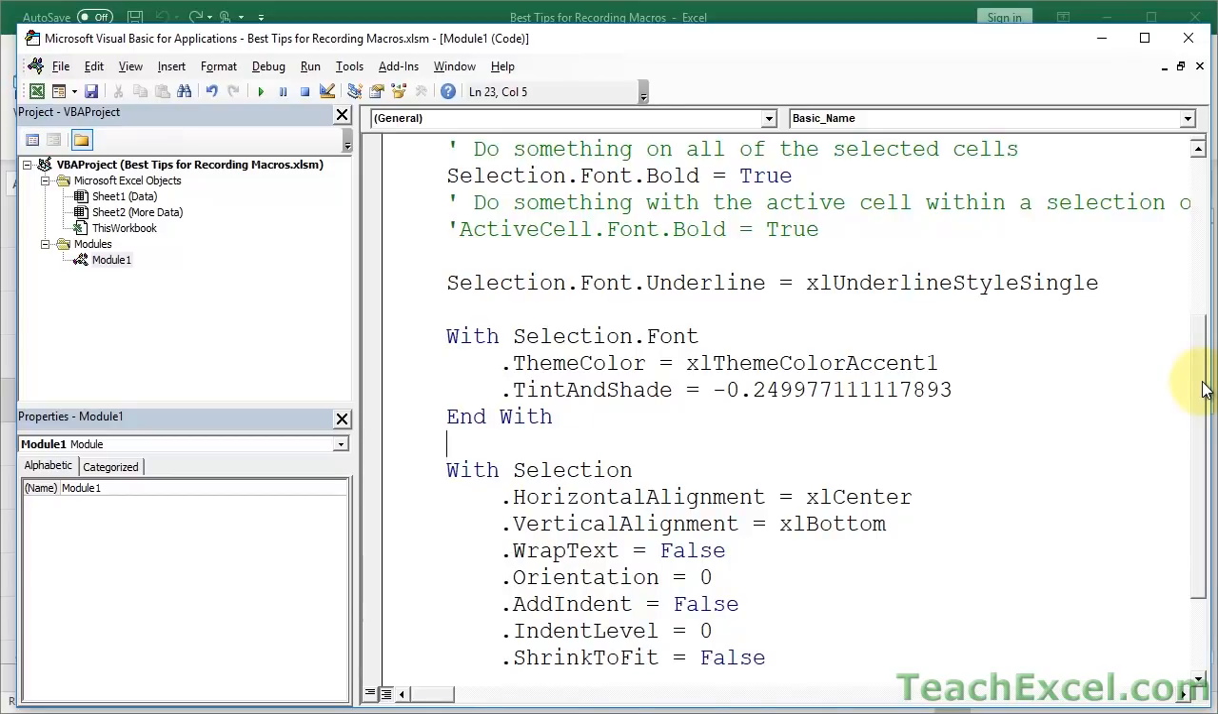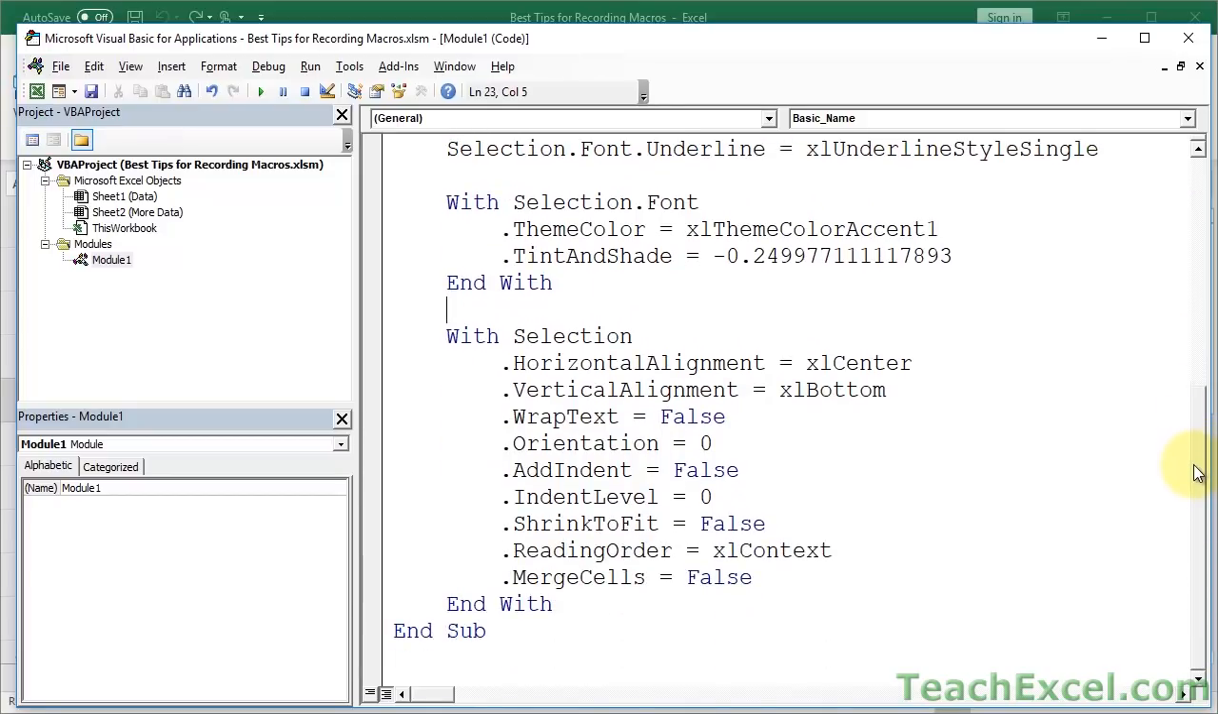I know they're helpful, but they just annoy me. So what this says is you have "With", and then at the end "End With". And right after "With" is what you want to appear at the start of every line inside With and End With. So this right here, with Selection.Font, and then one line, .ThemeColor, next line, .TintAndShade, is exactly the same